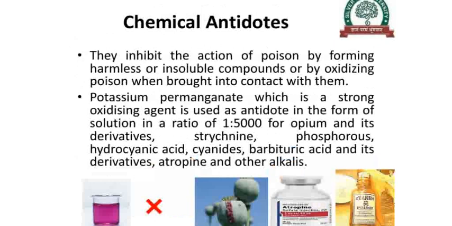If a person has consumed a basic poison, a poison of base nature, for example opium and its derivatives, strychnine, alkaloidal bases, they are all base in nature, and that is why if we consume potassium permanganate, which is a strong oxidizing agent, it will form a complex with this, and the poisonous effect will be reduced. So you can see that this is potassium permanganate for opium, atropine, cyanide poisoning. A dilute solution, that is 1 to 5,000, means a very dilute solution of KMnO4, will be effective